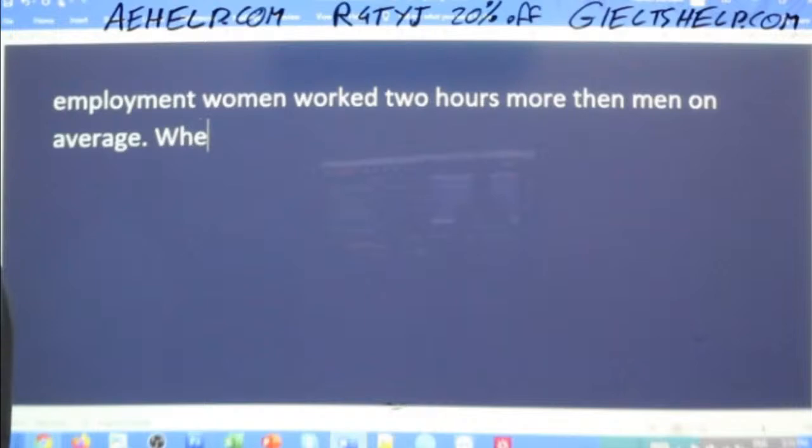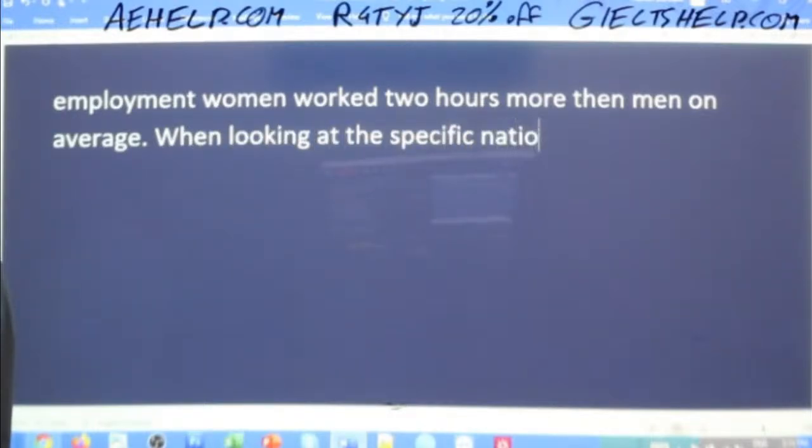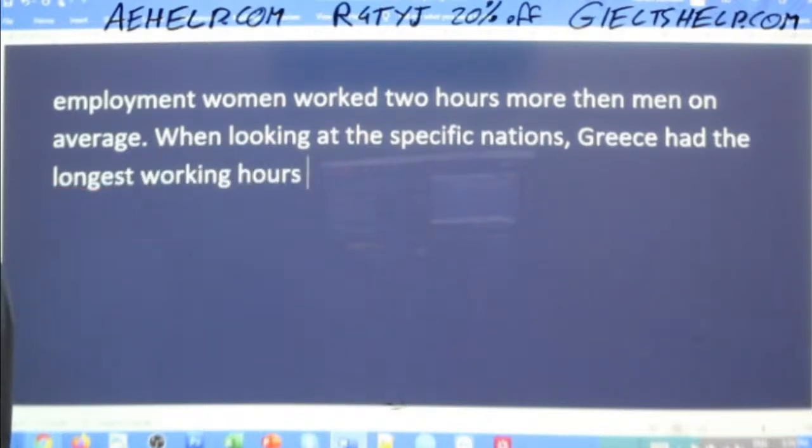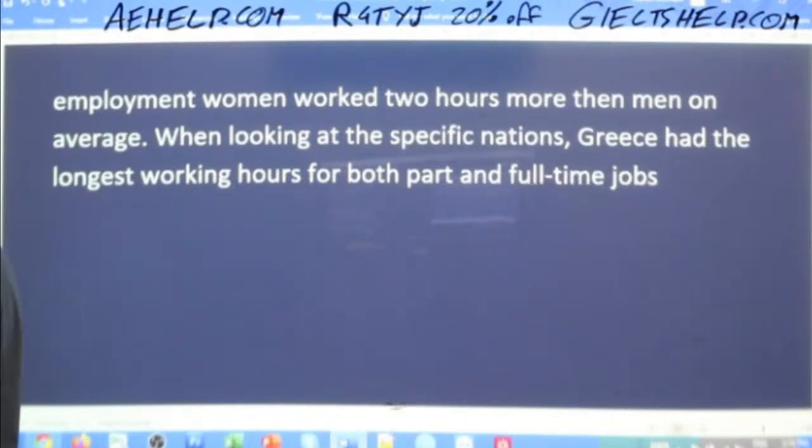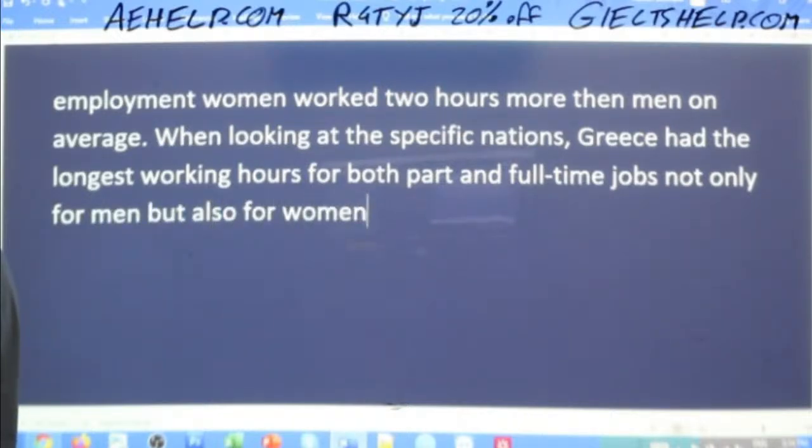So when looking at the specific nations, Greece had the longest working hours for both part- and full-time jobs, not only for men, but also for women.